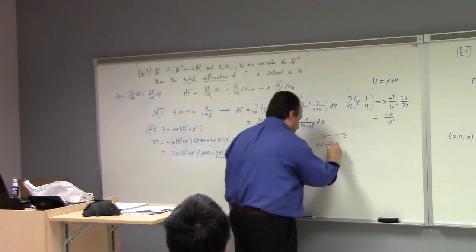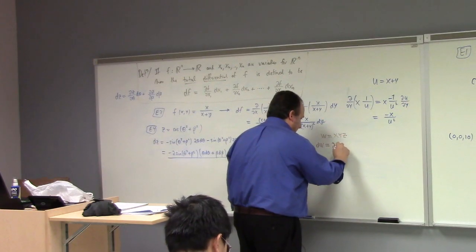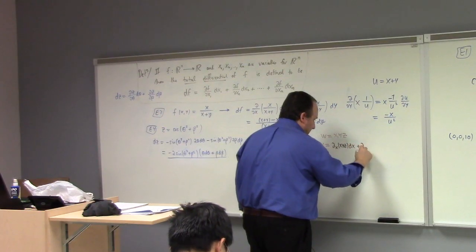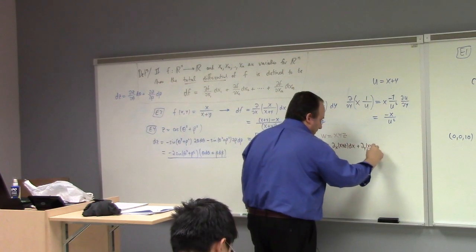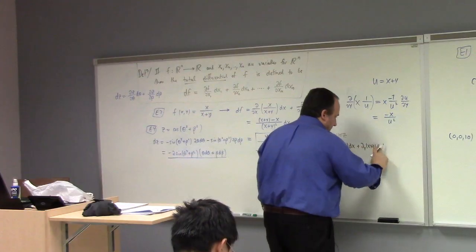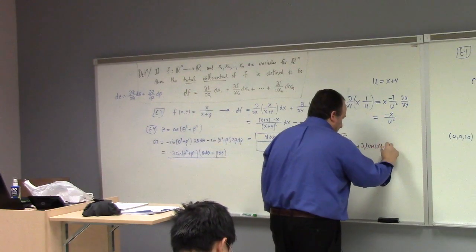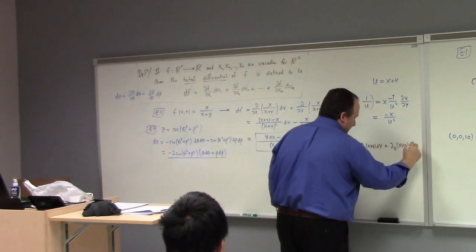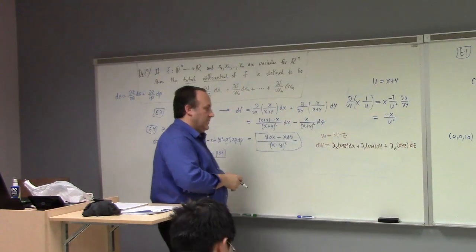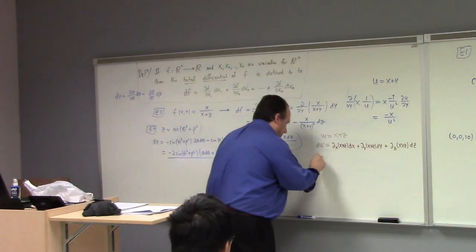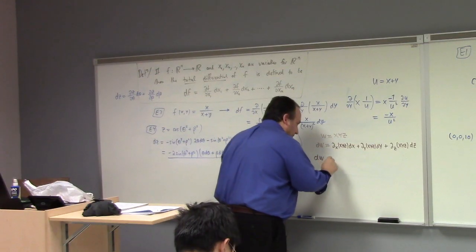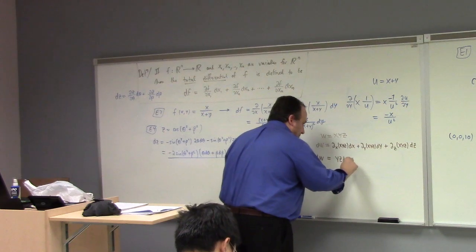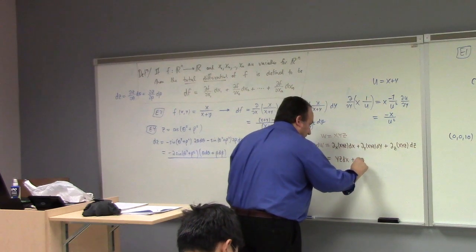I've got the x derivative of xyz dx plus the y derivative of xyz dy plus the z derivative of xyz dz. And so what I get, the total differential of my w, is yz dx plus